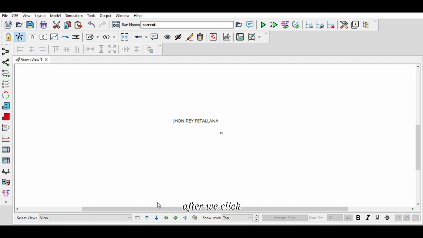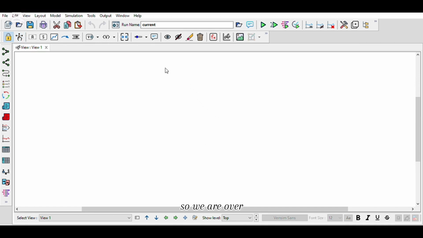So after we click the Vensim software, this is the landing page. The first thing to do is we will click File and New Model, then click OK, then Yes. So we have our new model, then save this model,